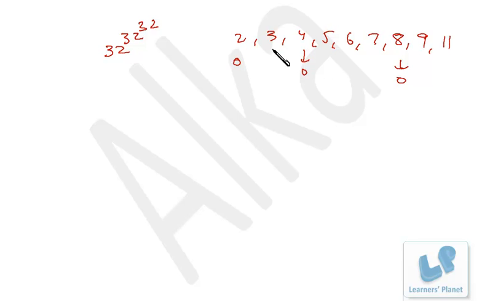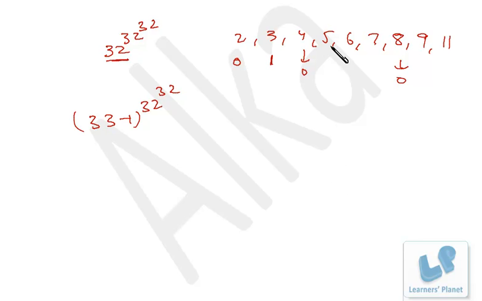Now friends, in case of 3, it is pretty simple. 32 can be written as 33 minus 1, raised to 32 raised to 32. Okay, so if we divide it by 3, 33 is a multiple of 3, so the remainder will be minus 1 raised to an even number, so the remainder will be 1. So that's 1. Okay, pretty simple.